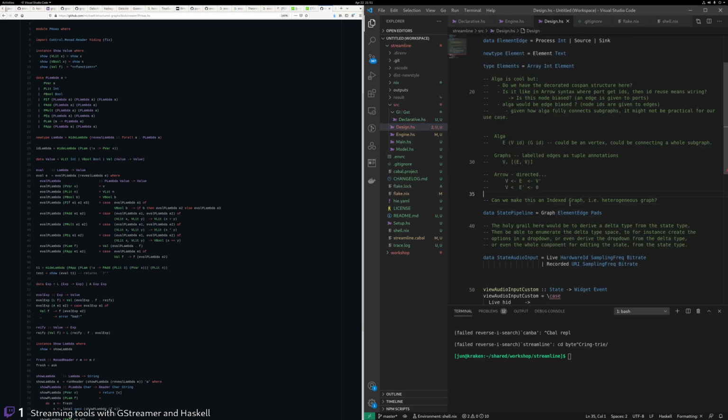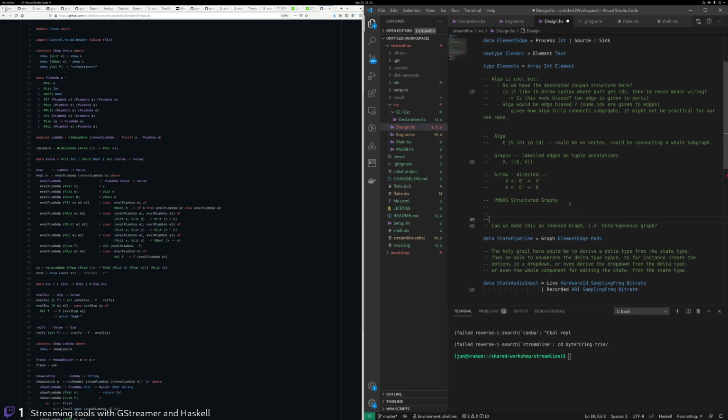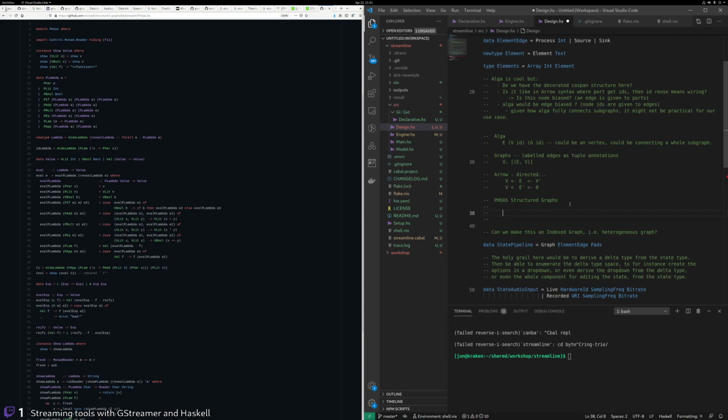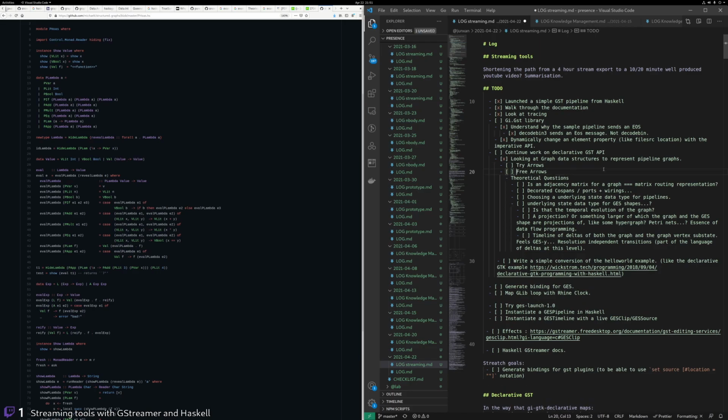That's also very advanced but very interesting. Parametric higher order syntax and structured graphs. So I don't even know how that's really represented, what corresponds to that here, but let's add this. And arrows and